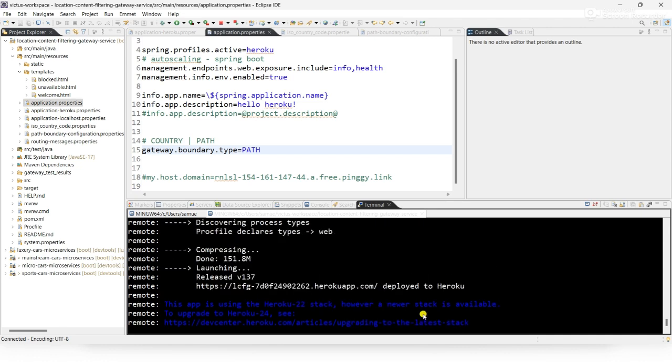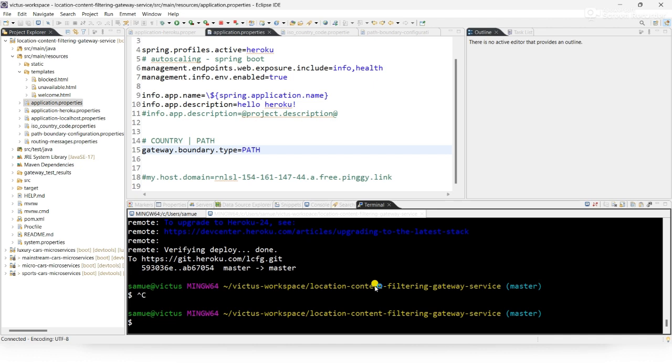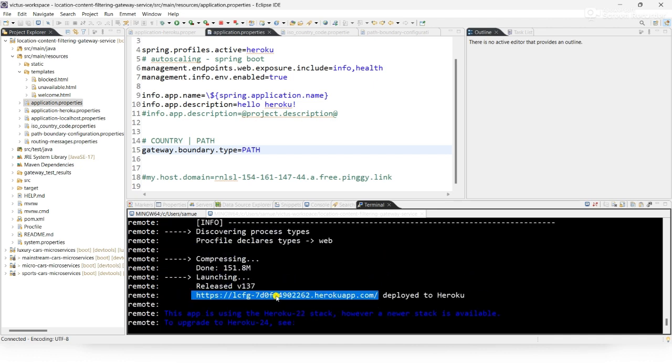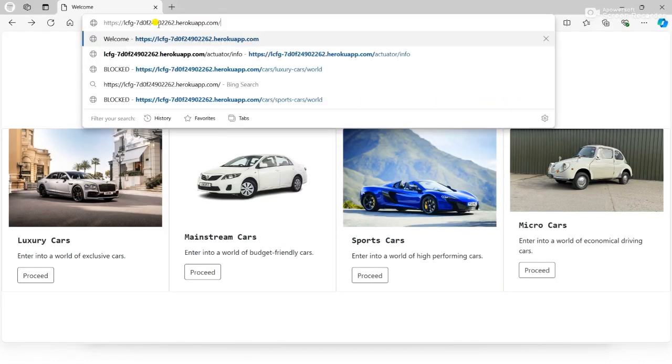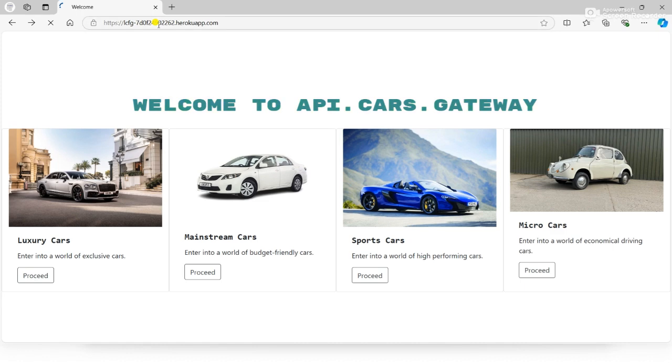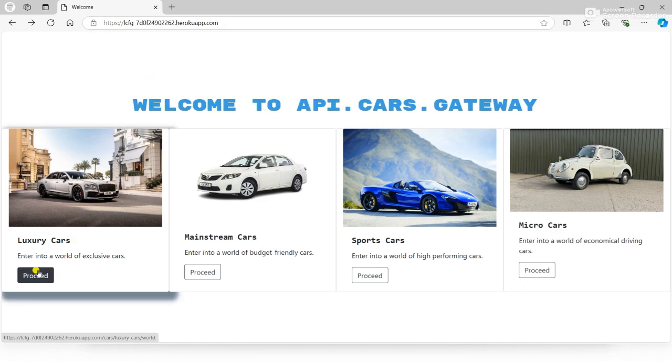All right, so it's done deploying. So let's go and test it and see. Let's copy the right way. Let's refresh this. Let's paste it again. Let's hit refresh. And we said that path base, if you go to luxury cars and you're from Ghana,